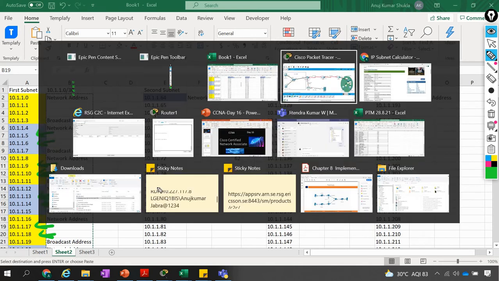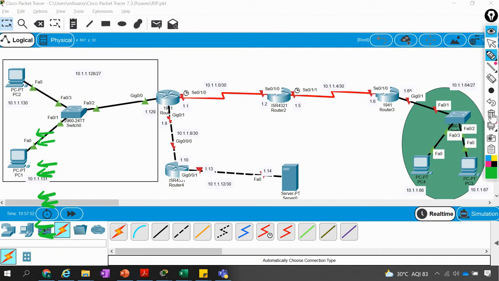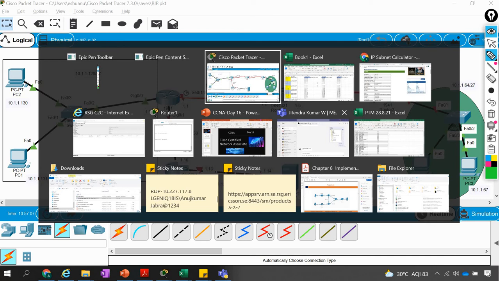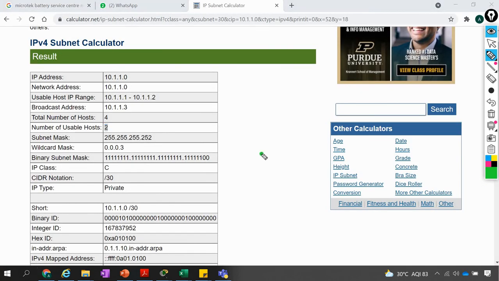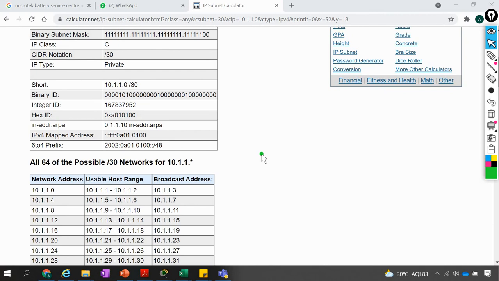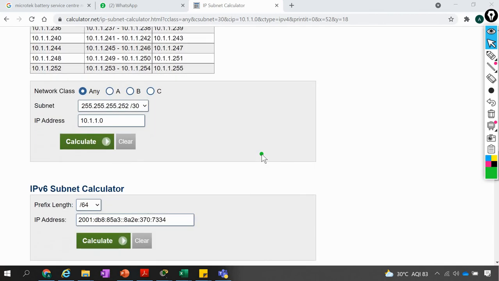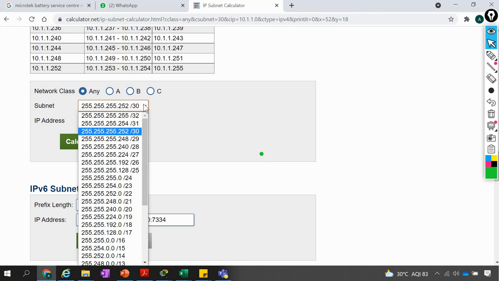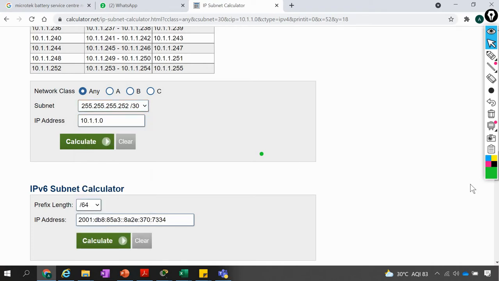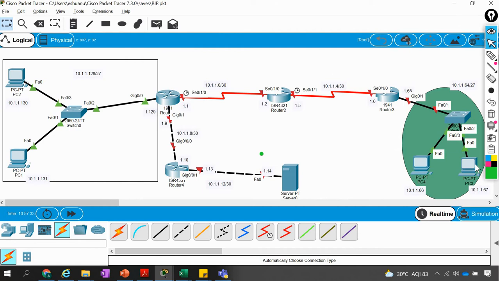So now what is going to happen is we have to take care of the subnet mask. We have to use the subnet mask that is shown on your subnet calculator, right? So what is the subnet mask now? You can calculate it by binary conversion, but I know that you guys are weak on that, so that's why I'm giving you this cheat code or calculator. So we are using a slash 30 subnet. Slash 30 subnet means that we have to use dot 252. So now let's try to assign the IP addresses on the interfaces of this router, to see if we can assign them or not.